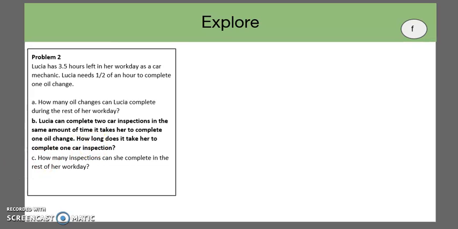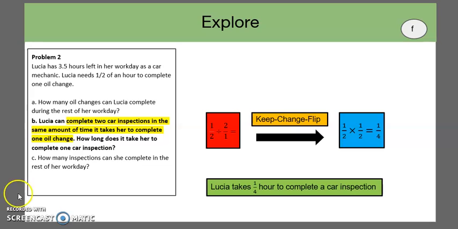So we would encourage the students to pause the video, think about the problem, and we will show how to work through this. Here, we see that 1/2 is the key value. So 1/2 is the oil change, and we know that 2 values can be taken from there for the car